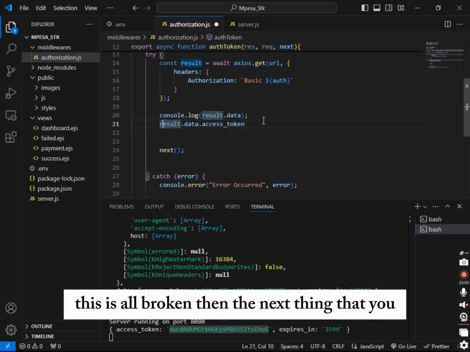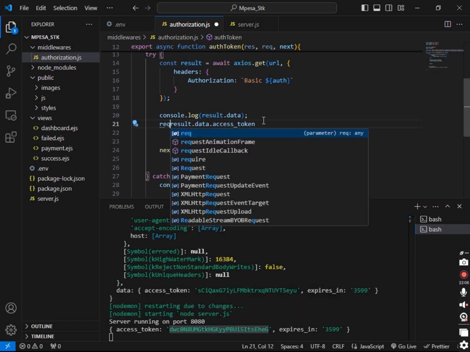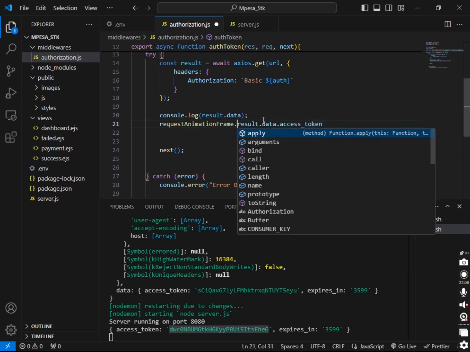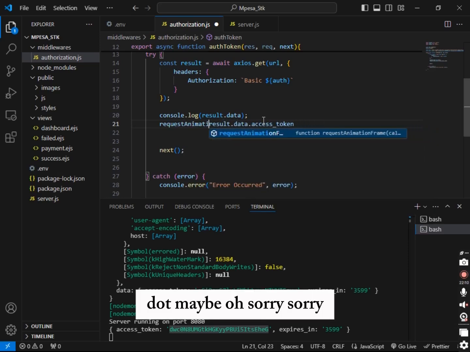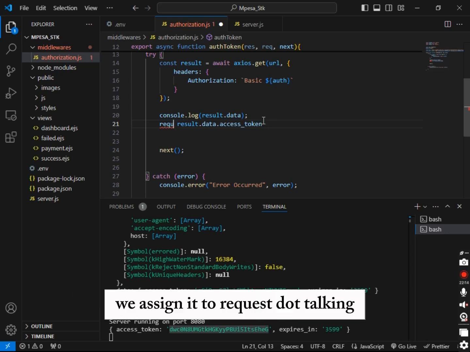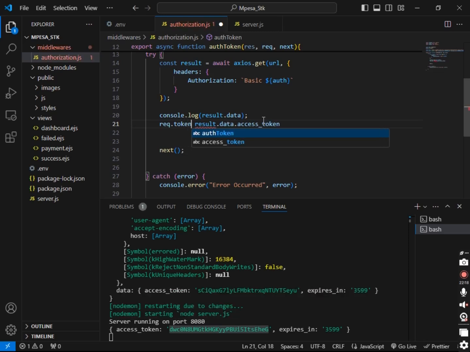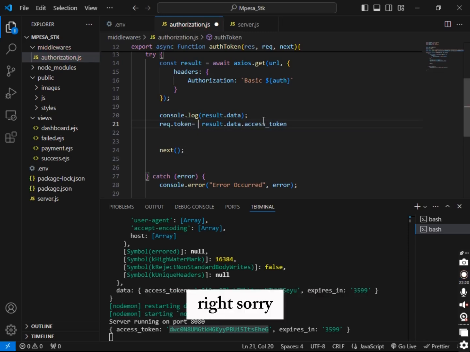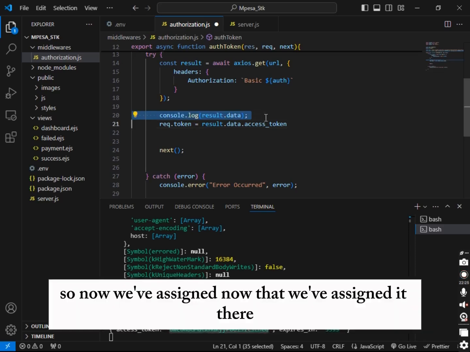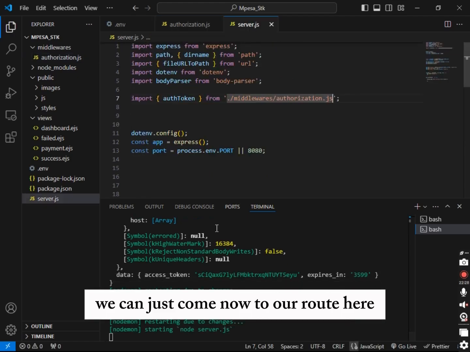Then the next thing that I want us to do is assign this now to the request, we assign it to request.token, right? Sorry. So now that we've assigned it there, we can just come now to our route here,